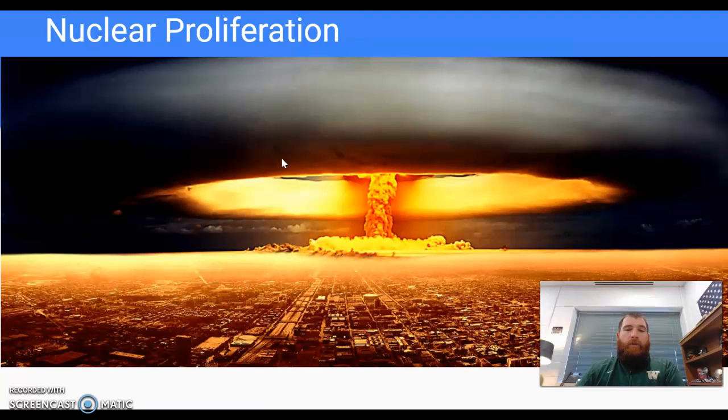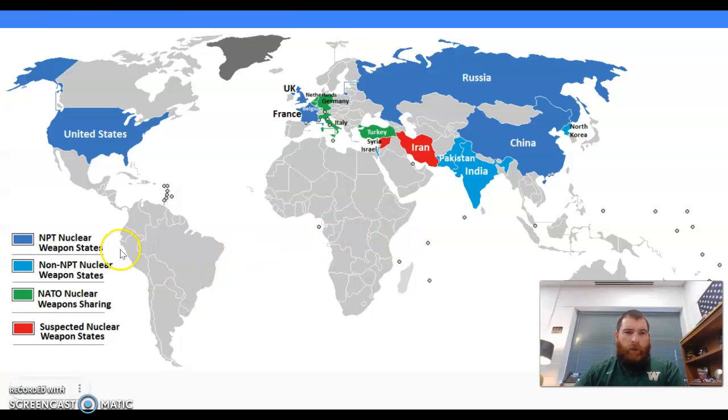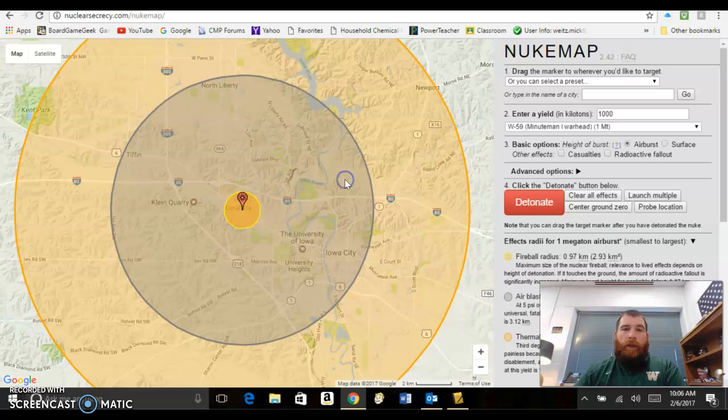Nuclear proliferation. This one's a tough topic too, but a very, very cool topic. So those of you who are good researchers, a little bit more advanced, you can do that. So that'll be good for all of us there. That's a sweet picture too, by the way. There's also nuclear weapon states, non-nuclear weapon states, NATO nuclear weapon sharing, suspected nuclear weapon places, Syria, Iran. The U.S. and Russia have the most because we're awesome. But yeah, there's an awesome site called NukeMap, which you can go to and drop a theoretical nuclear bomb in Corville and see where the blast would take it and how many people would be affected.